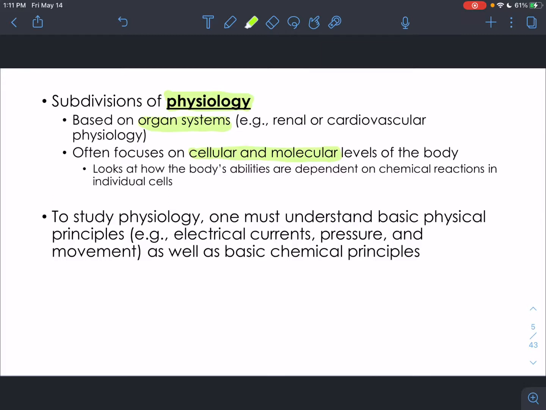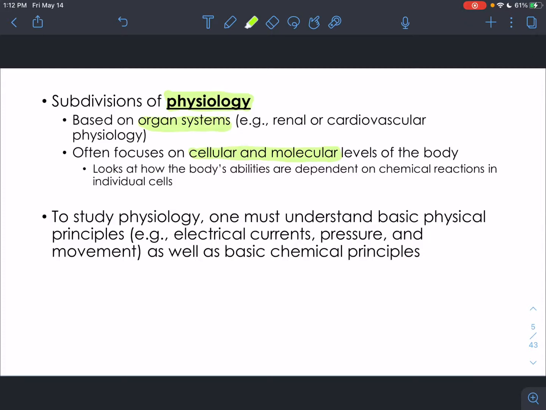We have little chemical reactions that are allowing our nerves to transmit impulses, for our muscles to contract. If you look at the whole muscle, that's not really going to show you anything. You have to look at the cellular and molecular level of the muscle to really understand how muscles are contracting. So most of the physiology we'll be looking at in this class will be at the cellular and molecular level,